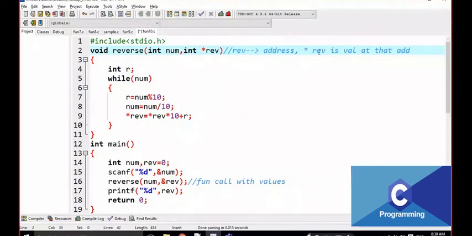REV is the address, and star REV is the value at that address. Note down the full forms. I am writing in shortcut form, but you have to write the full forms. Star REV is the value at that address. REV is the address. Very important method this is.